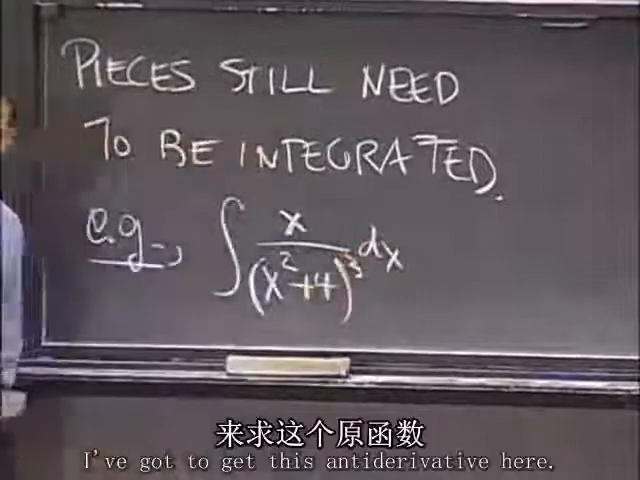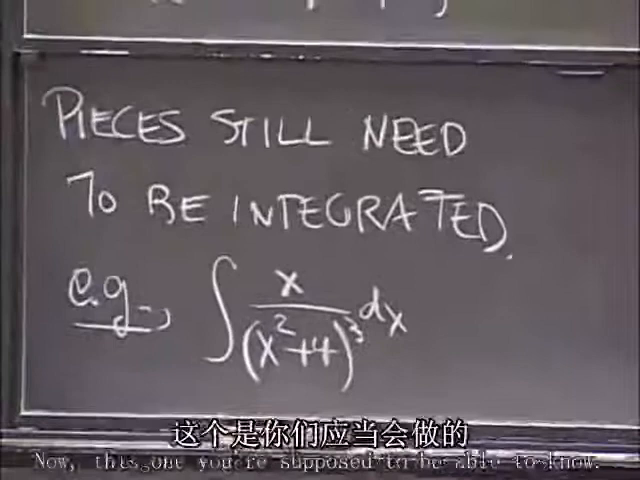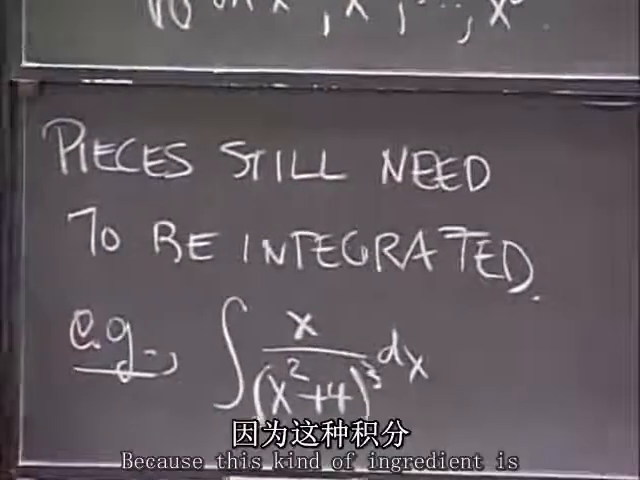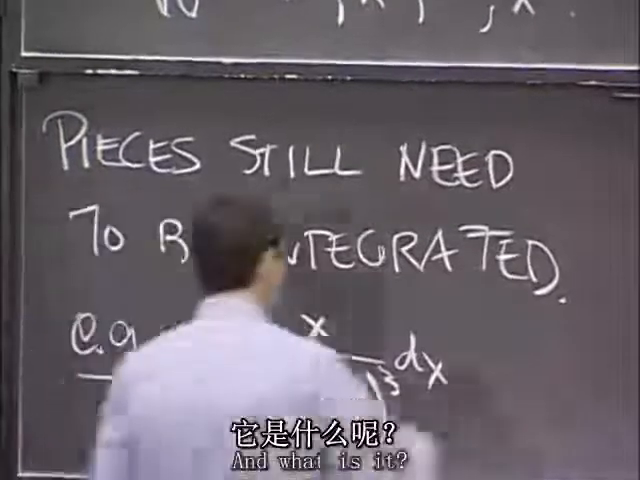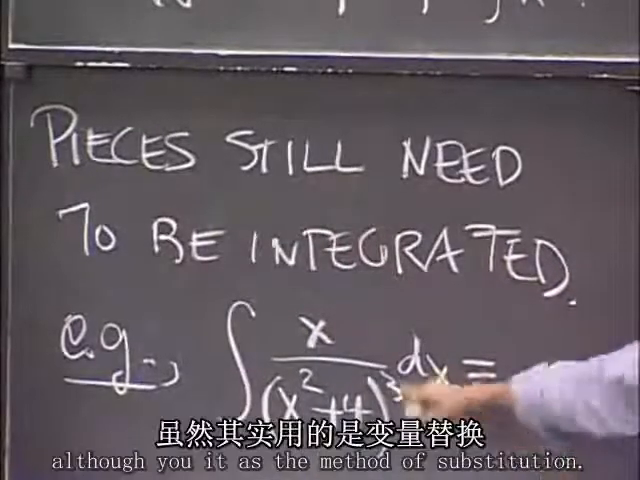I've got to get this antiderivative here. Now, this one you're supposed to be able to know. This is why I'm mentioning this, because this kind of ingredient is something you already covered. And what is it? Well, you do this one by advanced guessing, although you learned it is the method of